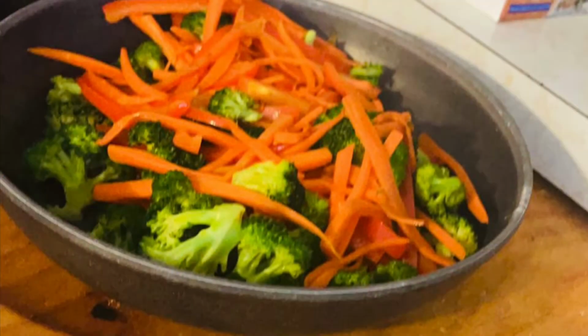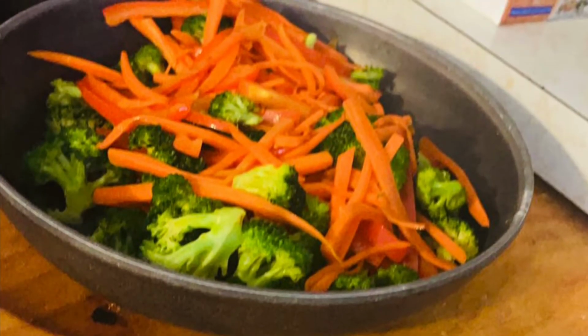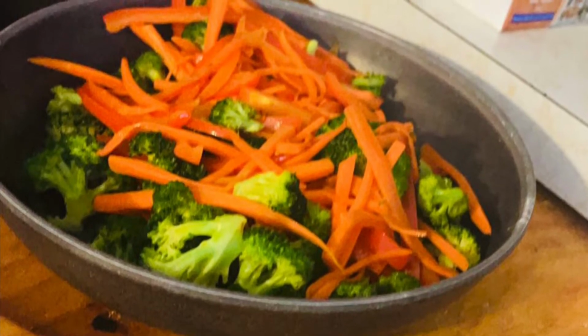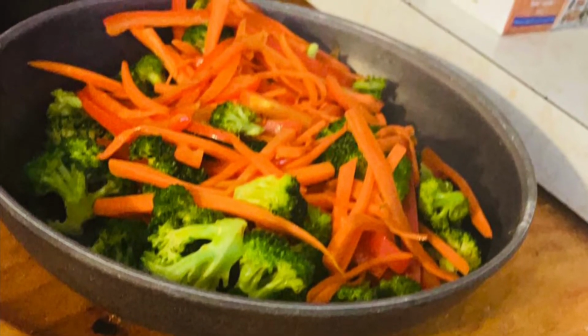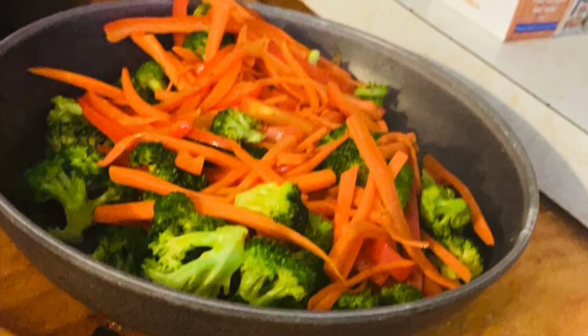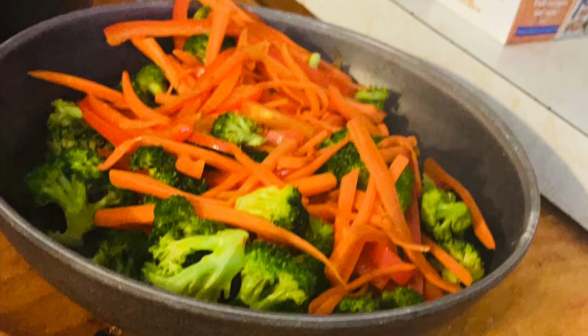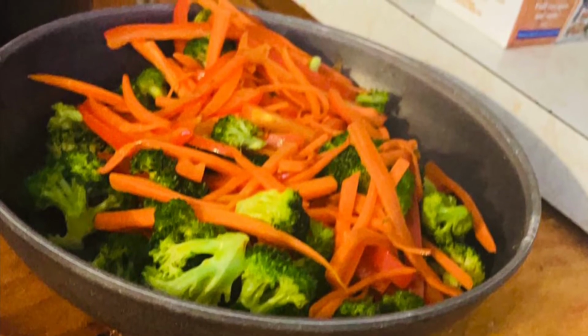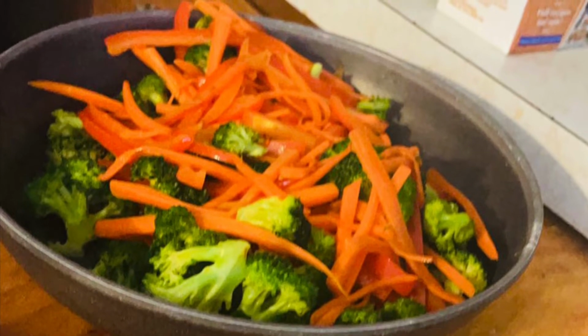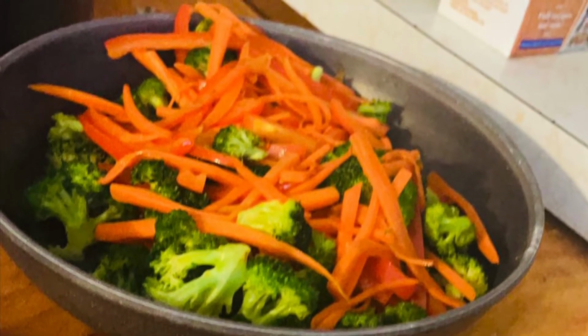I needed 2 cups of broccoli cut into bite-sized pieces, then 2 carrots that were cut into small matchstick carrots. You can buy the grated ones, but I think these are much fresher if you get real carrots and cut them into little matchsticks. And then just to end it, you get a bell pepper and you cut it into thin slices. You can go ahead and cut those in half again if they're too big, but make sure to cut them